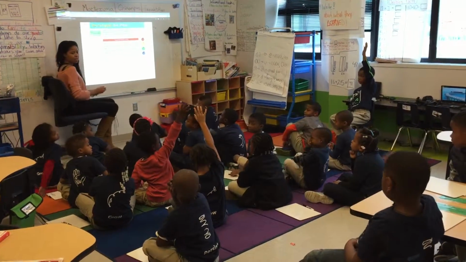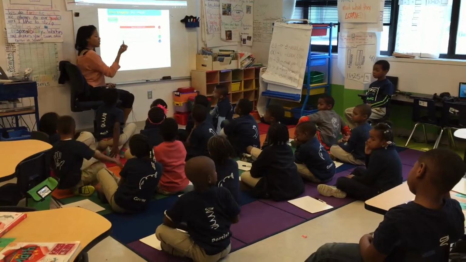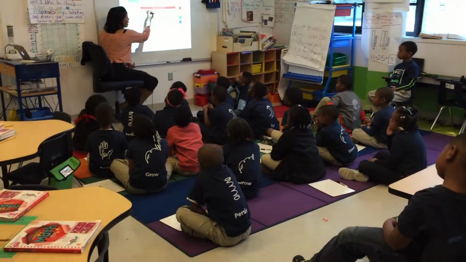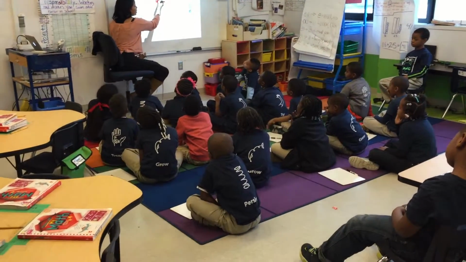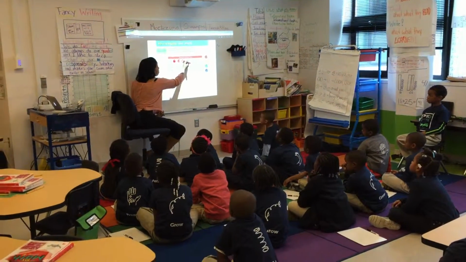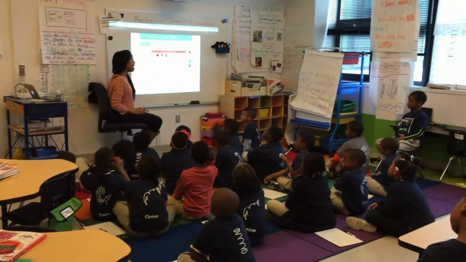So we have, let's see, 1, 2, 3, 3 votes for red. So I'm going to draw 3 red marbles because this is a pictograph and you use pictures to show data. So this is 3 red marbles, right? For the 3 people that like the red marble. How many people like the